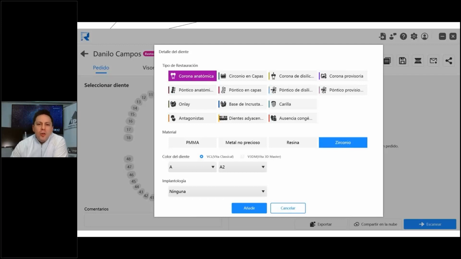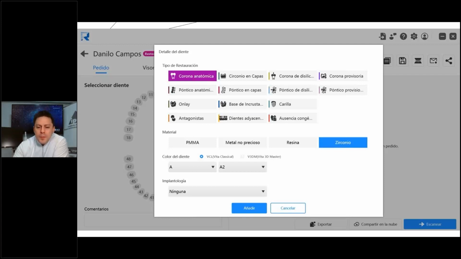Our scanner works better if it is dry, even though the scanner has an amazing tool, the AI tool, that we're going to see a little bit more ahead, that helps us a lot with saliva, with our soft tissue. It's very, very good. But for prosthetic reasons, remember always that we should take the color first prior to scanning,